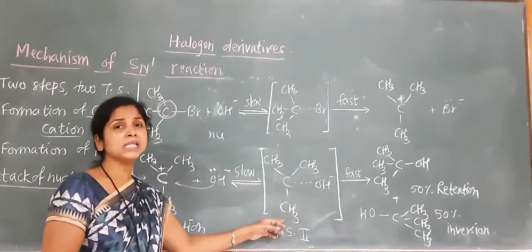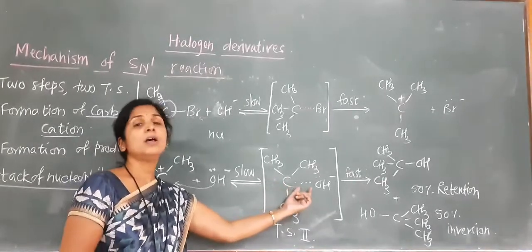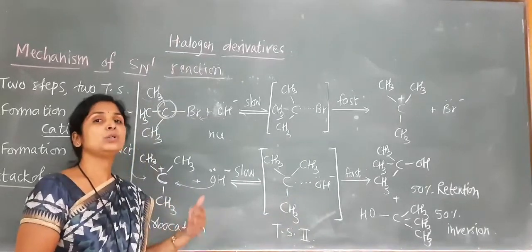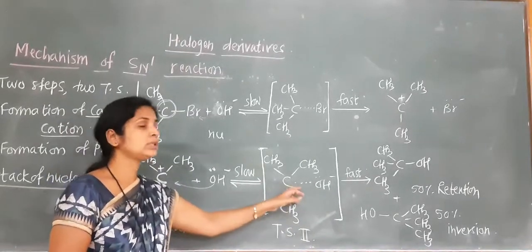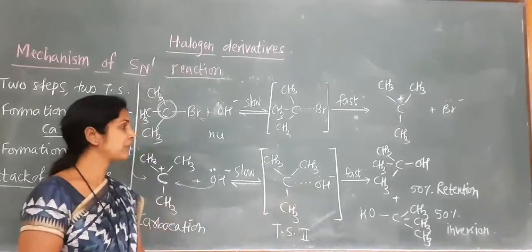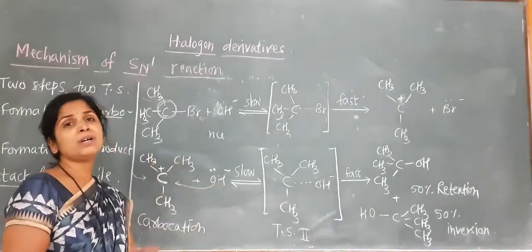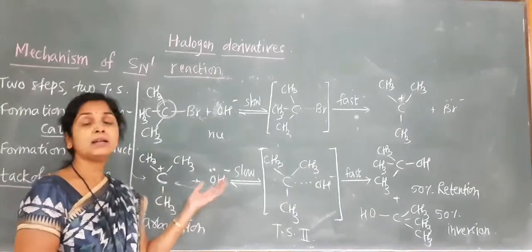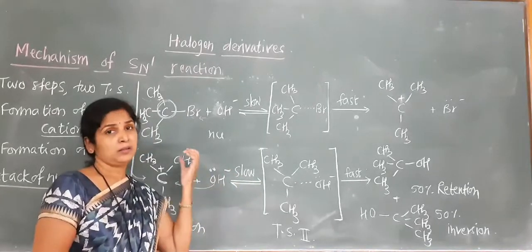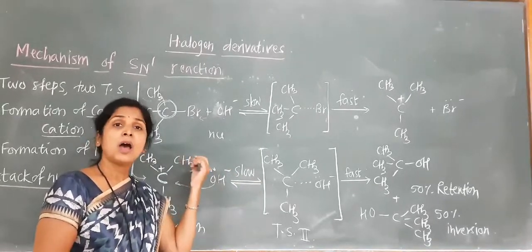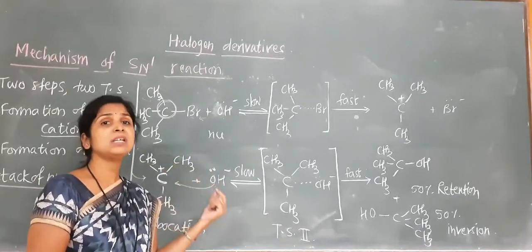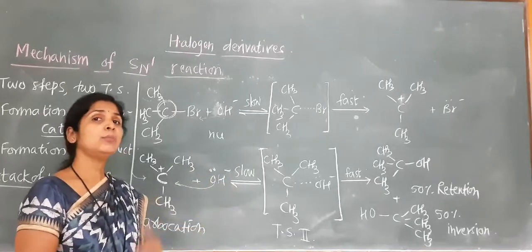During this transition state second, a bond between carbon and the hydroxyl group is going to form, and hence we have shown it by a dotted line. It immediately gets converted into the product, as we have said that the transition states are intermediate states which have the highest energy and lowest stability, and hence they get immediately converted into the product molecule.